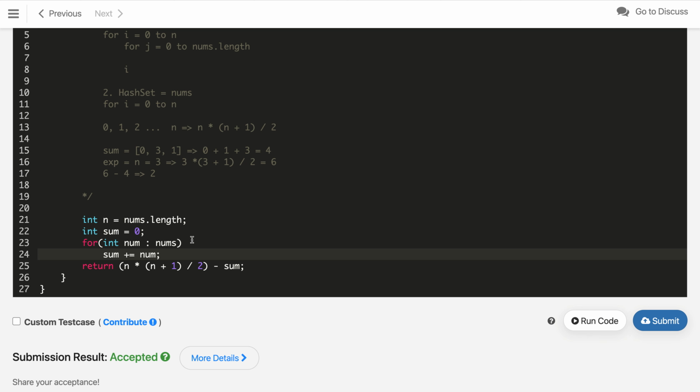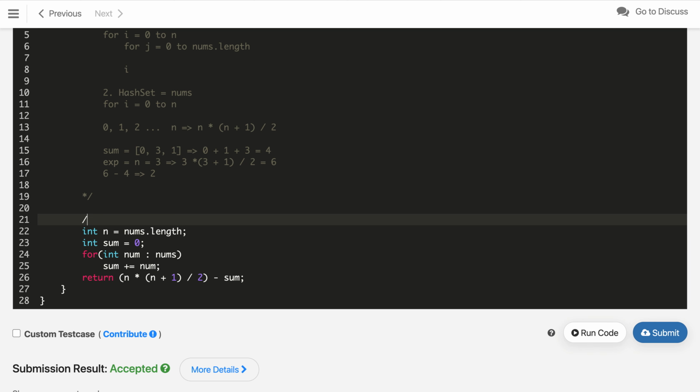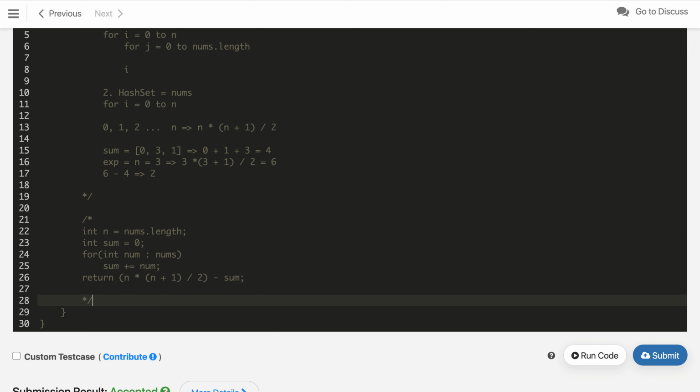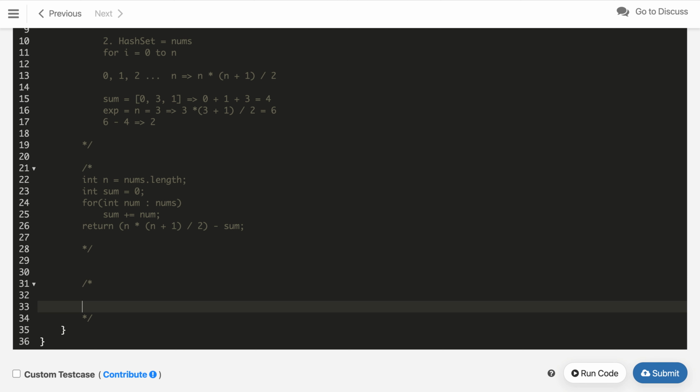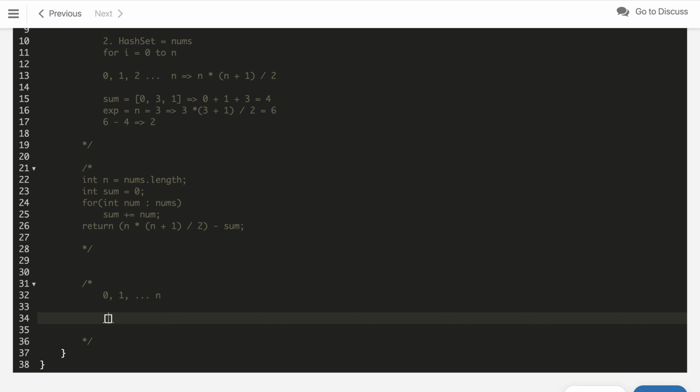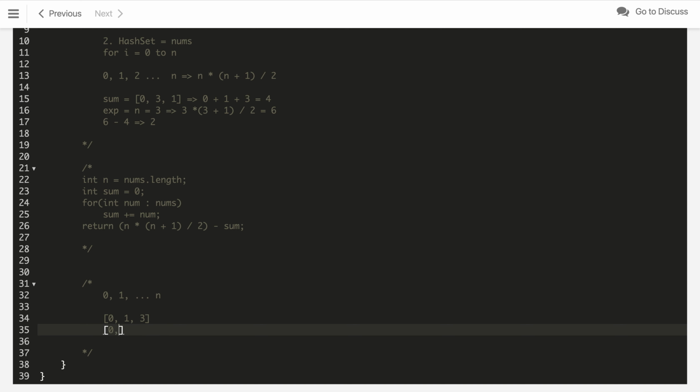We can also solve this using an XOR operation. So let's understand the second solution, the XOR solution. As we already know we should have numbers from 0, 1, 2 until n. Let us take example 1 again. We have 0, 1 and 3, and we are supposed to have numbers 0, 1, 2 and 3.